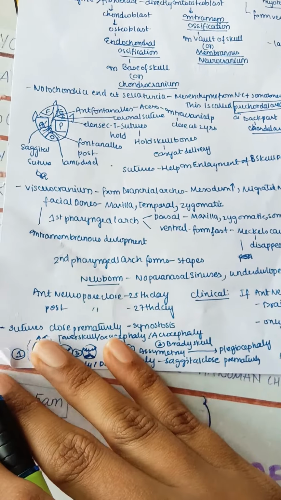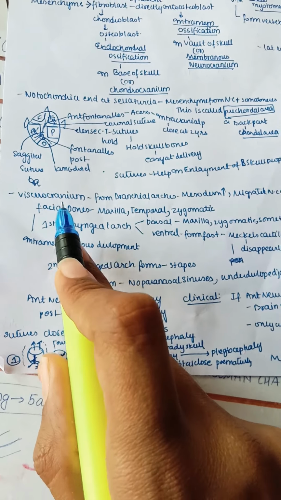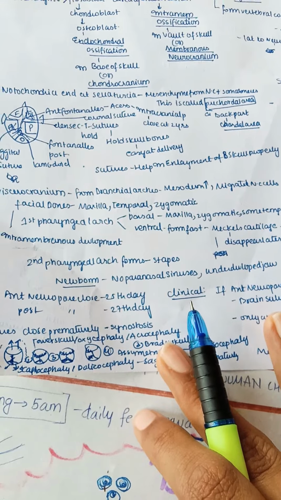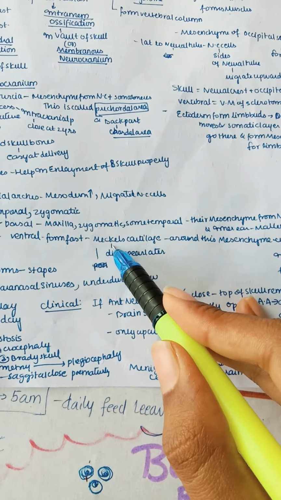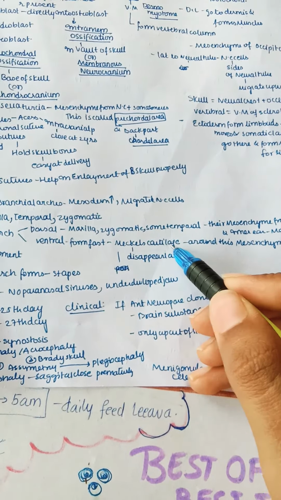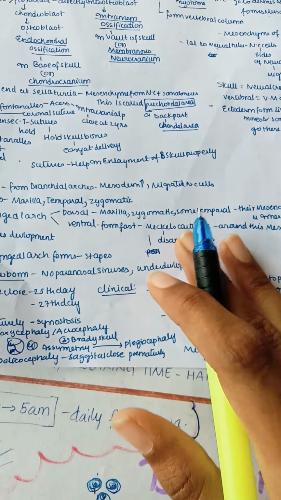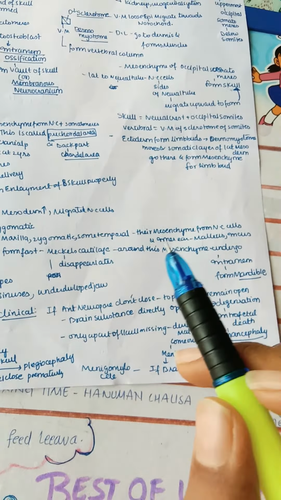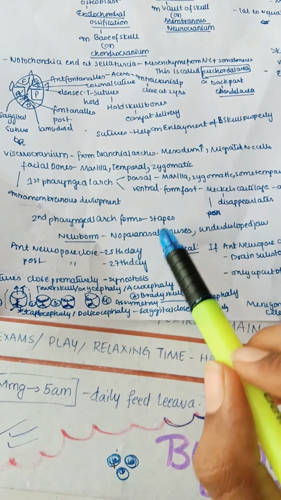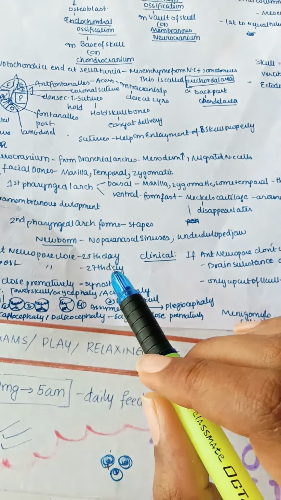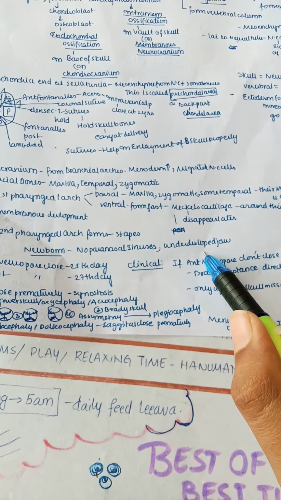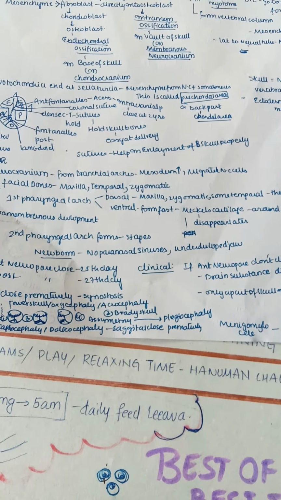So these are all which are formed. And remember that facial bones mainly undergo intramembranous development but not endochondral. But in the case of Meckel's cartilage, as this is cartilage, even if this cartilage remains like that, there is no need of endochondral ossification even here. So even here it is intramembranous ossification. Next, the second pharyngeal arch mainly forms the stapes, and in the newborn there are no paranasal sinuses, remember, and there is a very underdeveloped jaw in the newborn.